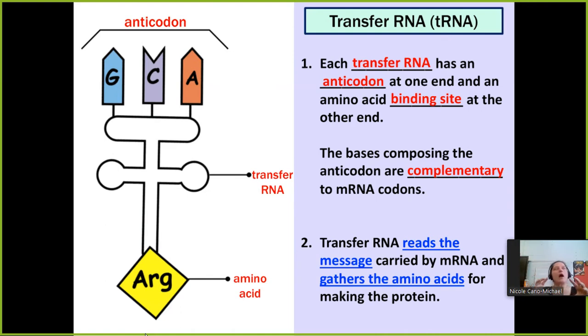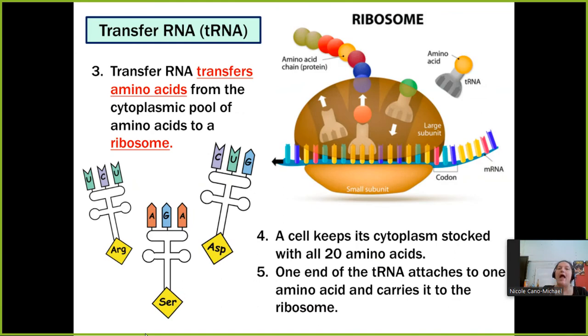Remember how nucleotides are the building blocks for nucleic acids? Amino acids are the building blocks for proteins. So it is tRNA's job to read the message and go, oh, okay, I'm going to go gather some ingredients. It's going to gather the correct amino acids and then transfer those amino acids from the cytoplasm to the ribosome. It is literally going to go out and get the ingredients and bring them back to the ribosome so it